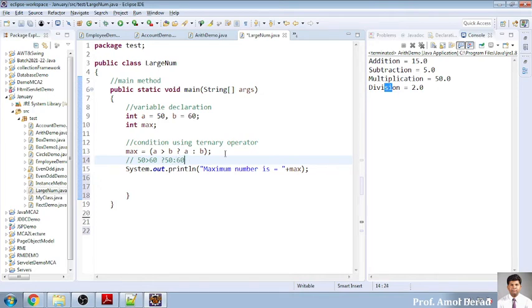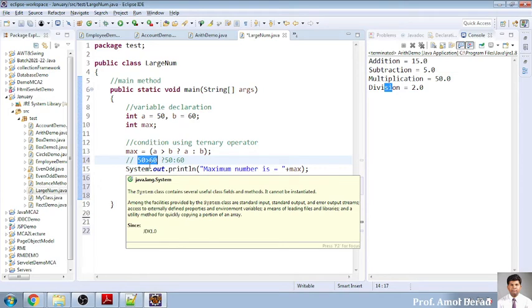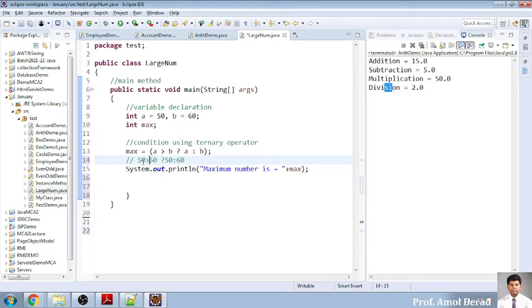It's very simple. Okay, so A is 50, whether this condition is true or false, can anyone tell me? Is 50 greater than 60, yes or no? Condition true है क्या false है? No, sir. False है, false. So what will this max get then, the value of A or B? B, sir.